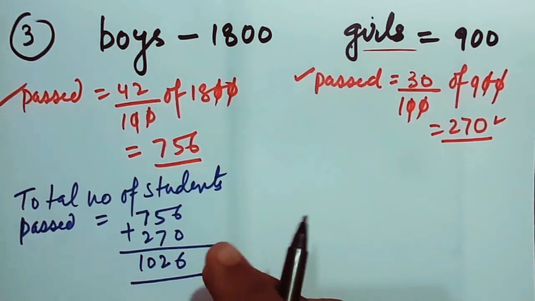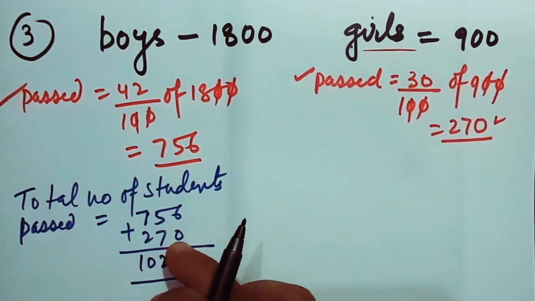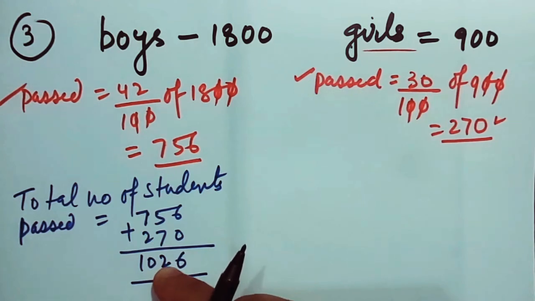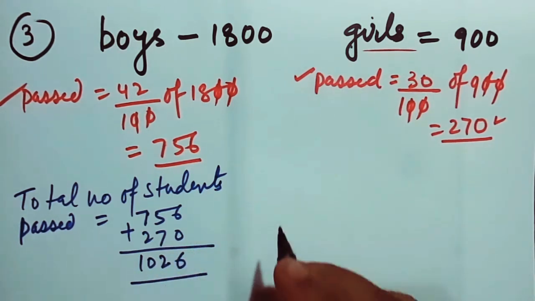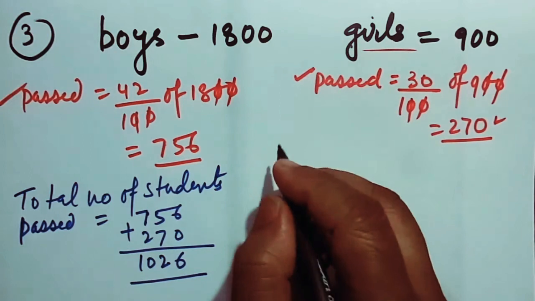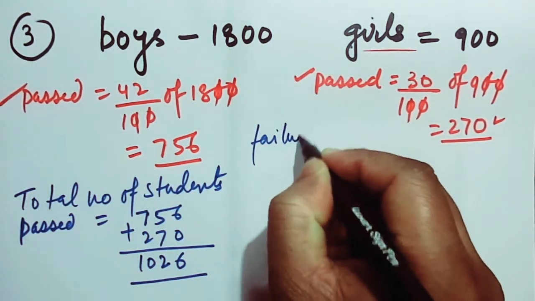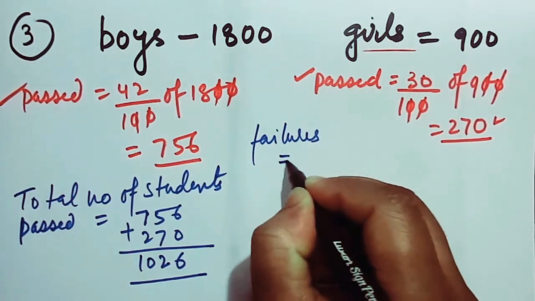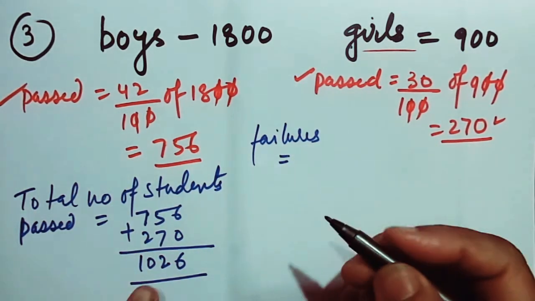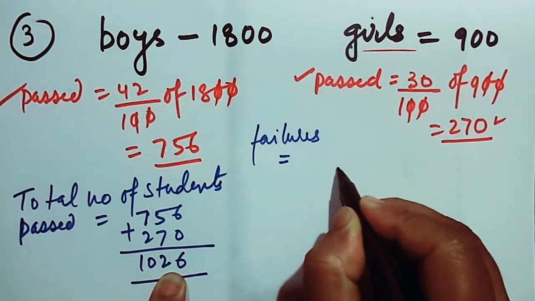1026 is the number of students who have passed. Now the number of students who have failed. So how many have failed? So failures will be equal to